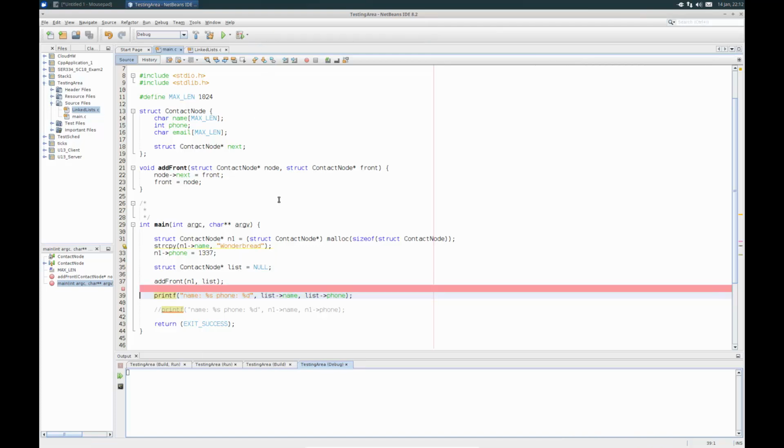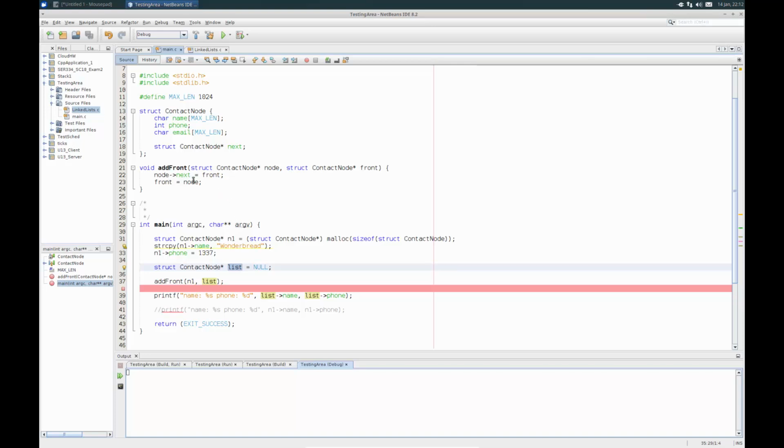All right, so how do I fix this? Well, the problem is basically that this front equal node line doesn't change this list variable out here, right? Because this is a local scope variable, right? It's a parameter. I'm not ever updating list. List is the one over here. That's the one I want to update. So that right there is a little bit buggy. So what we want to do is fix this somehow.